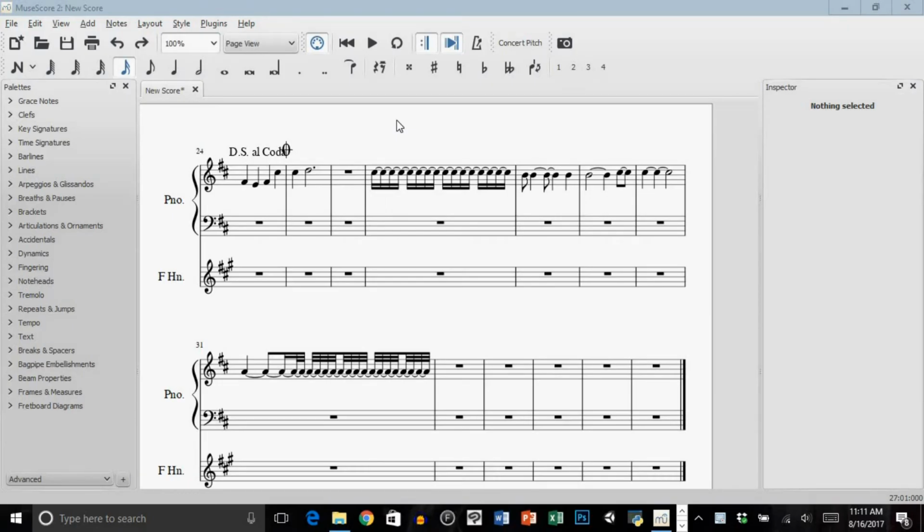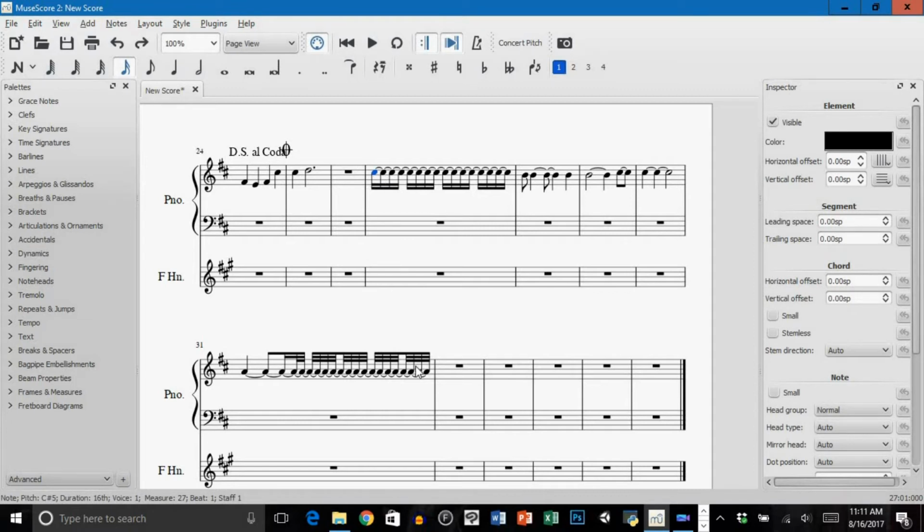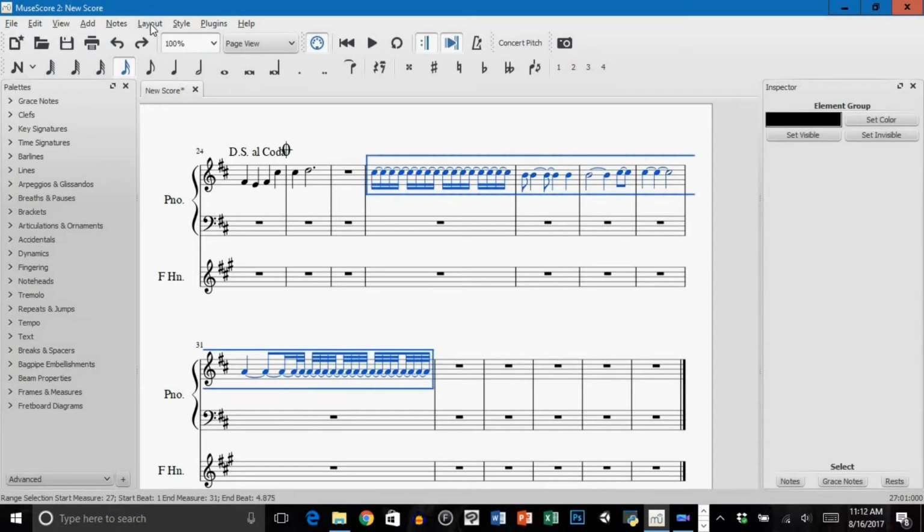So in this last segment of the video, I'm going to show you a very good function that has been implemented in MuseScore 2.1, and that is Regroup Rhythms. Regroup Rhythms saves a ton of time in terms of notation problems and fixing them, and it's very useful in big score settings or normal score settings. Basically how you use it is select everything,